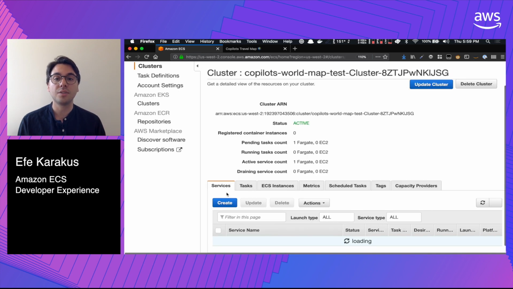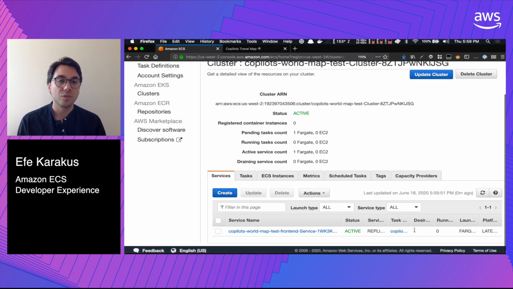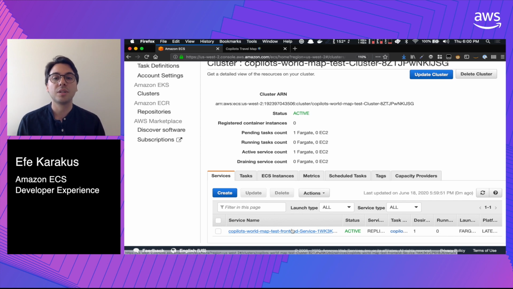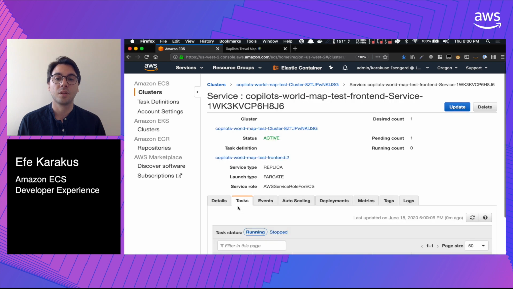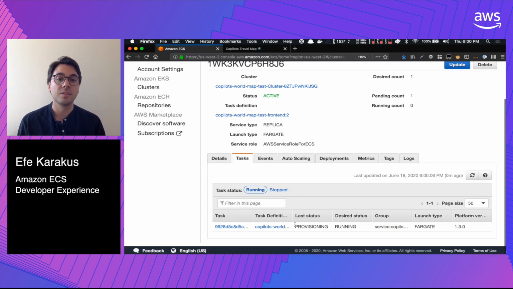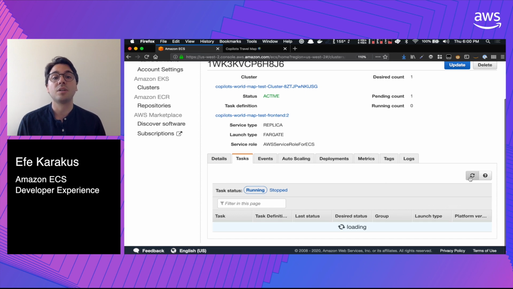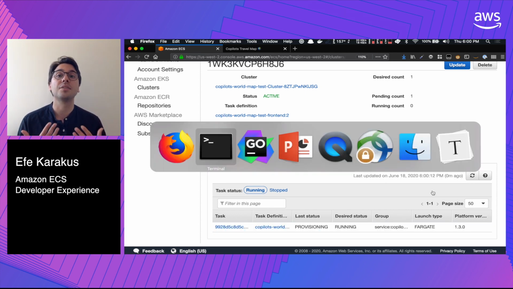I'll click onto the cluster, and we can see the front-end service with the desired count of 1, which matches the count setting that we saw in the manifest file earlier, but it's still not running. Let me click over to the service and go to the tasks tab. And we can see that the task is in provisioning state and is still not running. So this is a good time for us to talk about some of the operational commands that's available to you